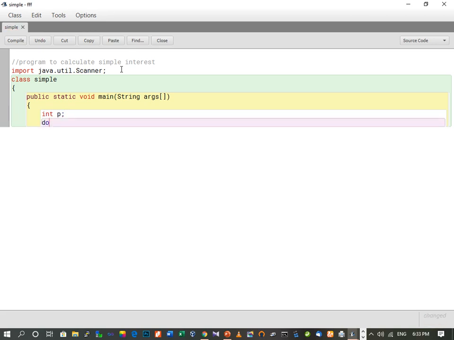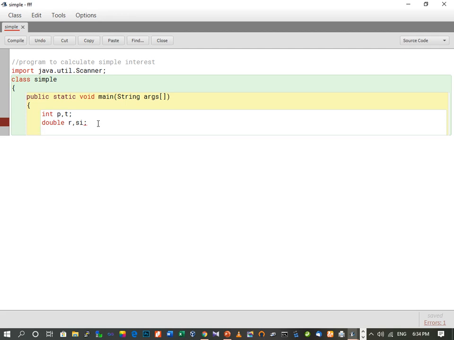Then double. You can take double or float to store decimal values. So here for rate and time we can take double R, if you want the rate to be in decimal. If you want the time to be an integer value or decimal value, that is up to you. If it is an integer value, you can define it here itself. That will be for time. And one more value we will take, which is SI, which will store the calculated value of simple interest. This is the process of how we declare the variables.